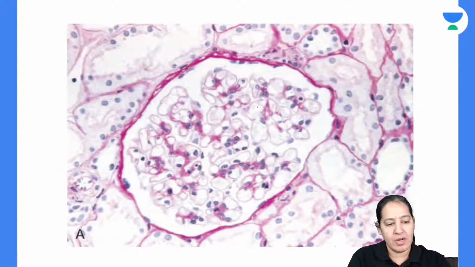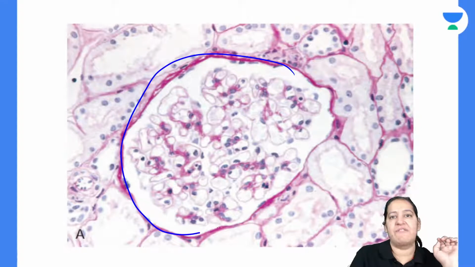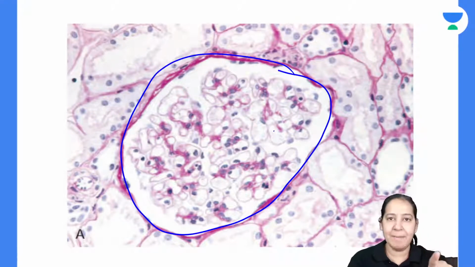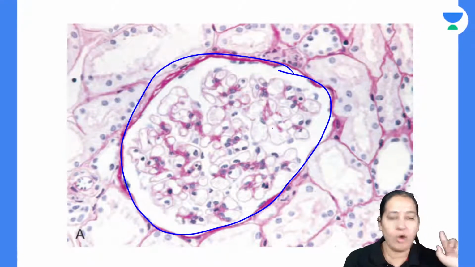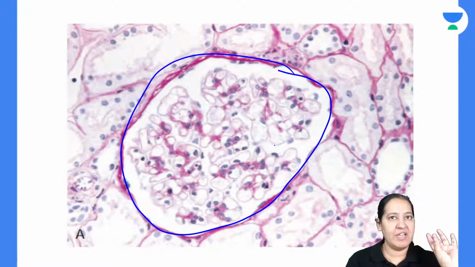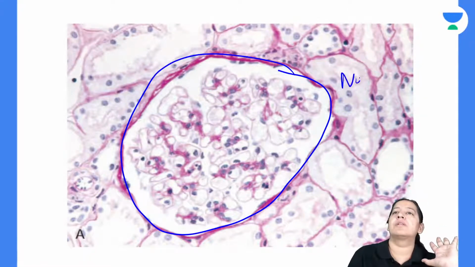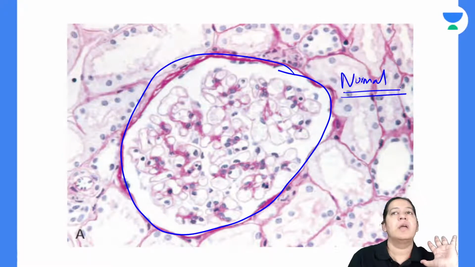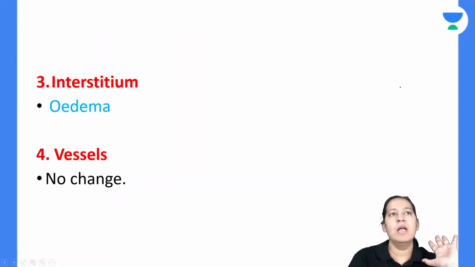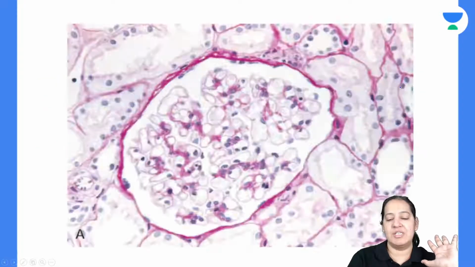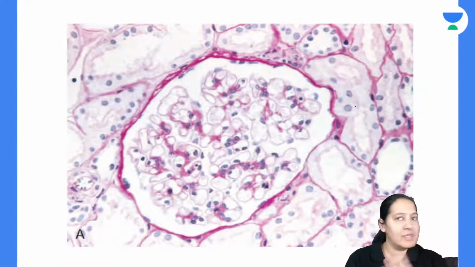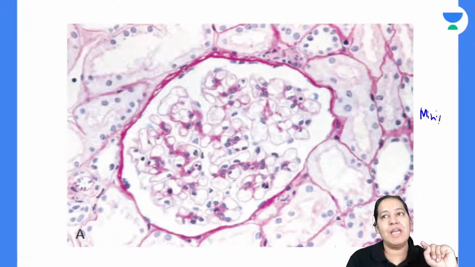See the glomerulus. Can you see a glomerulus here? Yes, of course you can see a glomerulus. Is it hypercellular? No, it is not hypercellular. Is it hyperproliferative? No. Is it enlarged? No. Is it infiltrated by WBC? No. And does it have any crescent formation? No. It is a normal glomerulus, looking absolutely normal. Can you see? Absolutely normal glomerulus. So that's why it is known as minimal change disease, because the glomerulus is normal. There is no change in the glomerulus on light microscopy. That's why it is known as minimal.